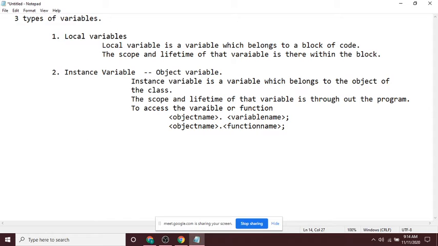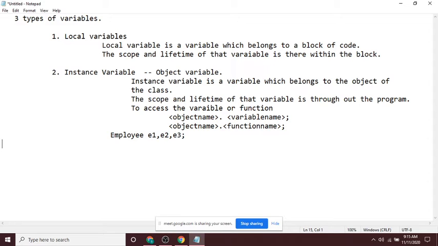For example, if you have an employee class, and we have three objects, E1, E2, and E3. That means for every object we will have the variables of the employee class.